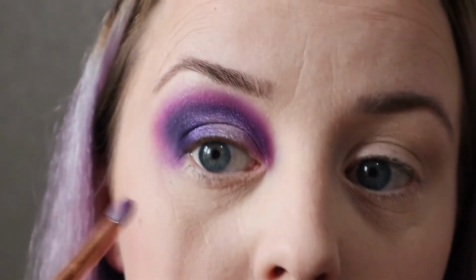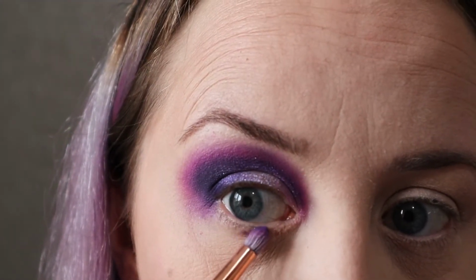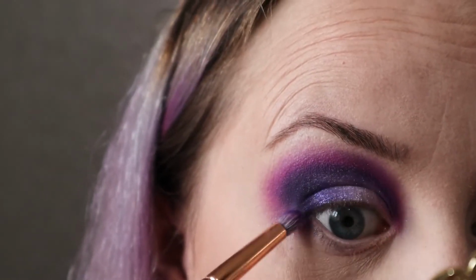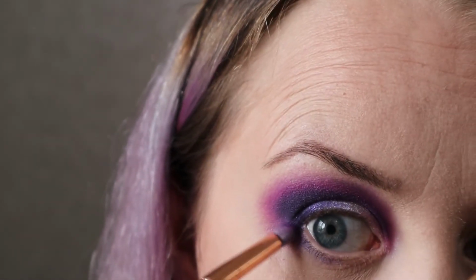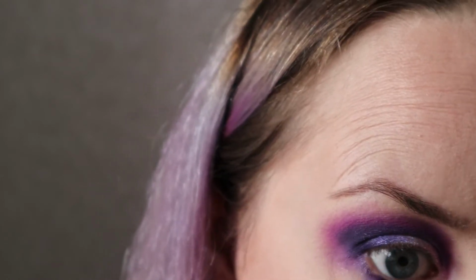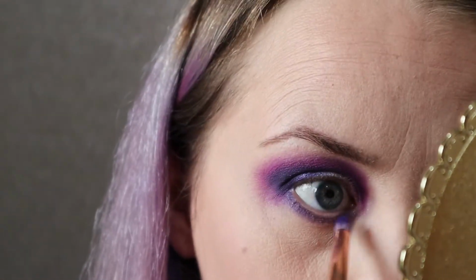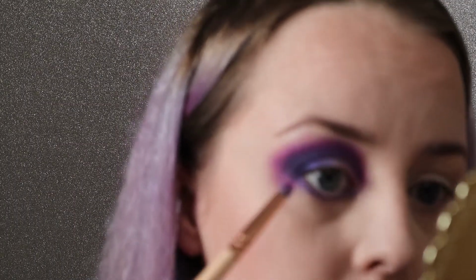So for my under eye, I'm going to start with a darker shade here, so the dark purple here, going into the pink, and then just a bit of pink underneath. So that same purple again, and just very lightly under my eye, trying to keep it fairly close to my lash line. I'm going to go all the way along with the purple. Gone all the way along with the purple underneath. I'm just going to go in with the pink